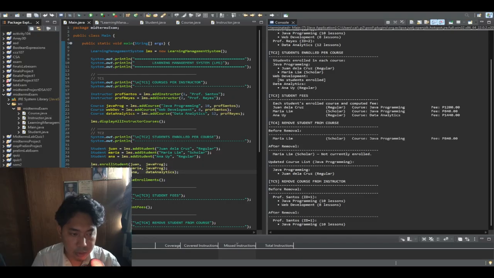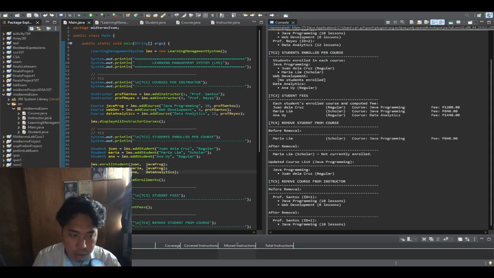Test case 4 demonstrates a state mutation. Maria Lim is currently enrolled in Java programming. We first display her info, showing her course and her fee of 840 pesos. Then we call remove student from course. Internally, this triggers an unenroll on the student object, which does two things simultaneously.